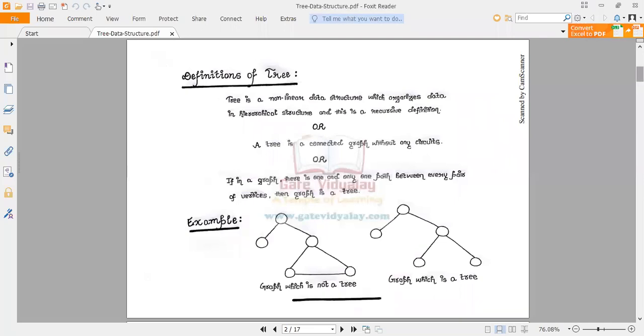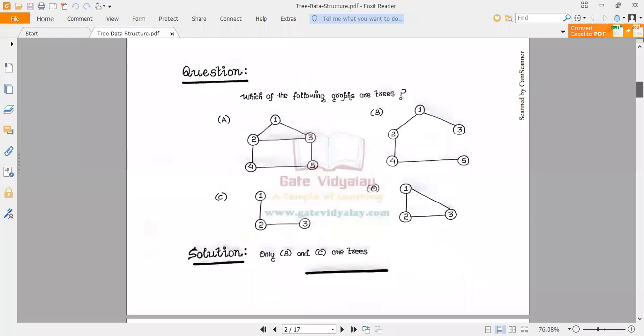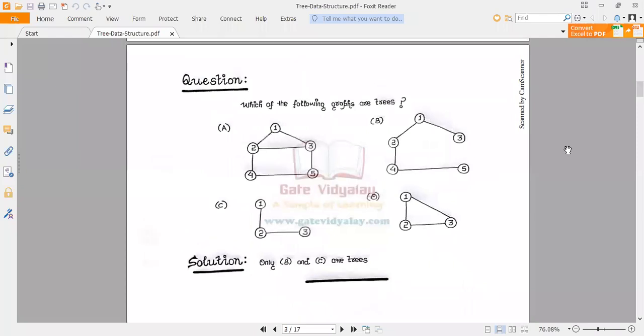So moving ahead, which of the following are graphs or trees? How can you distinguish between a graph and a tree? As I have mentioned, if the circuit is complete, then it will be considered as a graph. And if there is only one path between the nodes, then it will be considered as a tree. Still, it has to maintain a hierarchical structure. So the hierarchical structure is maintained in almost all the figures.